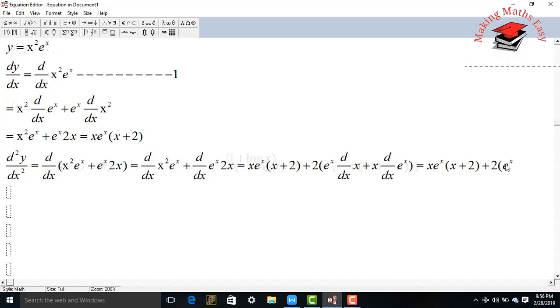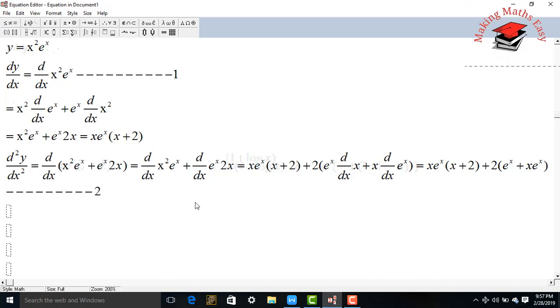So e raised to x plus x into the derivative of e raised to x over here. The derivative of e raised to x, again, is e raised to x only, so we will write it e raised to x over here. And then we can also do one thing, we can take e raised to x as common. So we have found d square y upon dx square, and we have also found dy by dx. So we can conclude that this is equation number